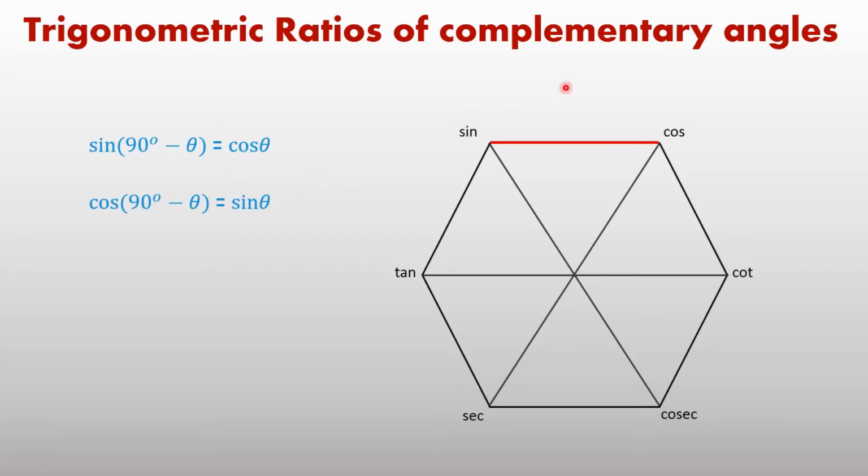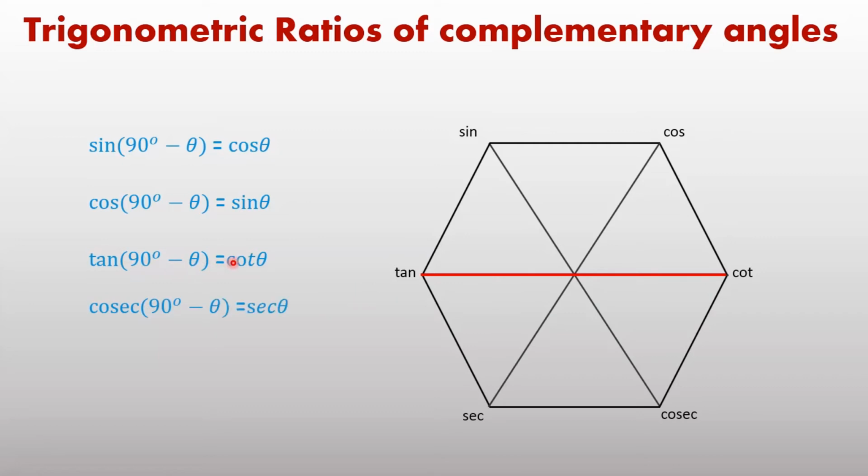It implies sine and cos are related to each other for complementary angles. If with sine you are writing 90 minus theta, write down equal to cos theta. If cos 90 minus theta you have written, write down as sine theta. So therefore, it's very easy to remember the identity. Same process for tan and cot. Can you guess? Tan cot? Same. Tan 90 minus theta equal to cot theta, and cot 90 minus theta equal to tan theta. Using the hexagon, it becomes very easy to remember the identities.